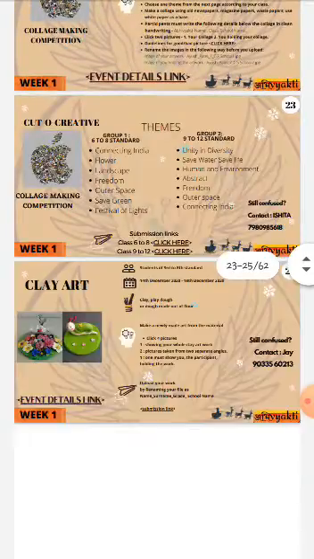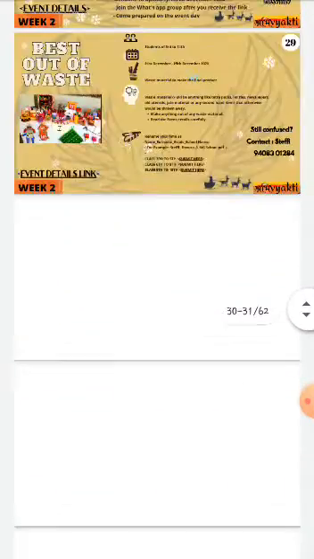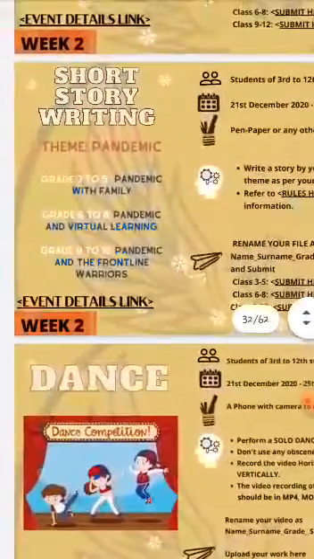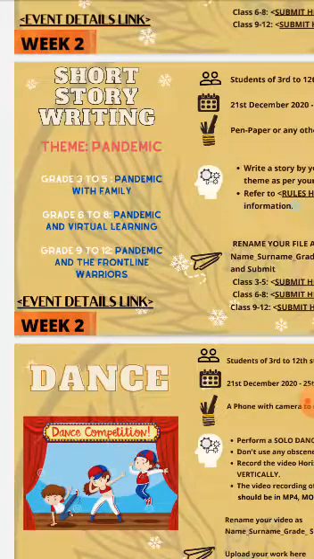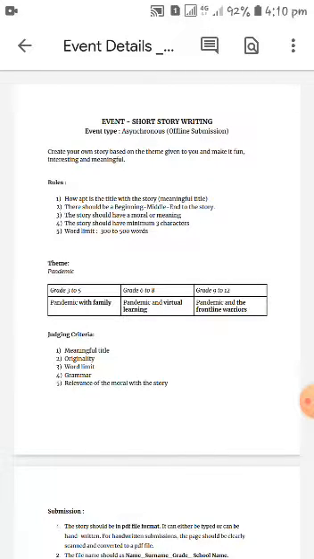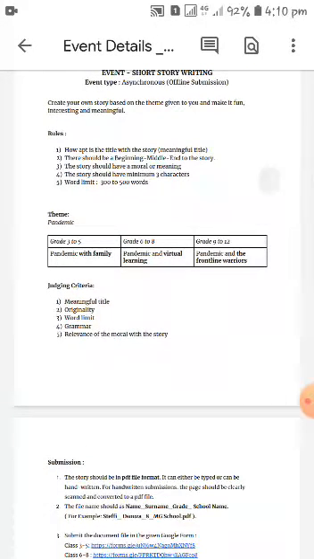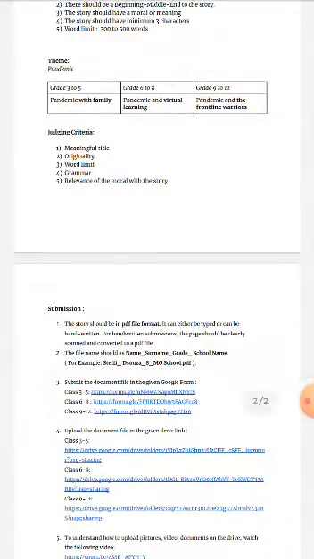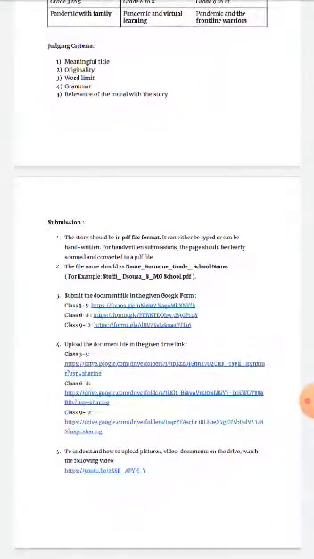Go to the event detail PDF of Abhivyakti, then go to the event in which you are participating, like I am going. Then in all events there is an event detail link. You have to click that link to know more details about your event. See, here are the rules of your event, how the judging will be done, what the theme is, what and when to submit, and how to submit. All these things are there.